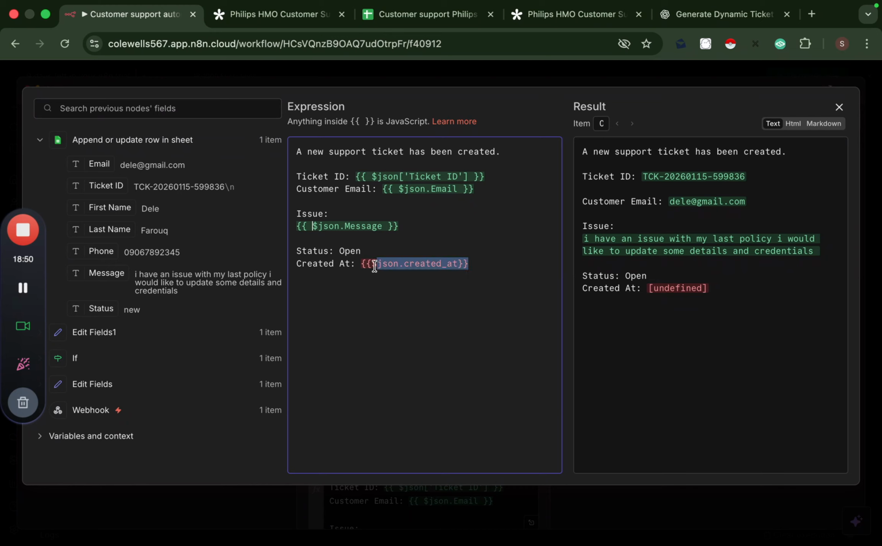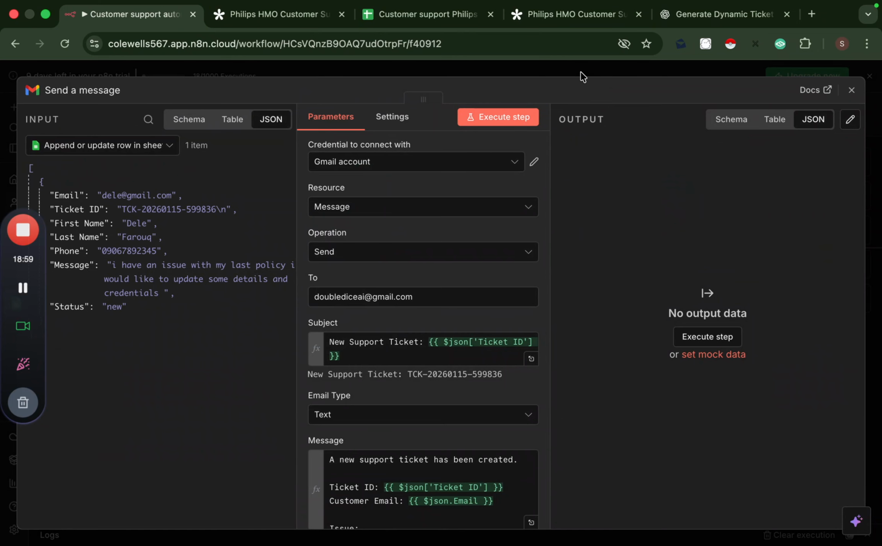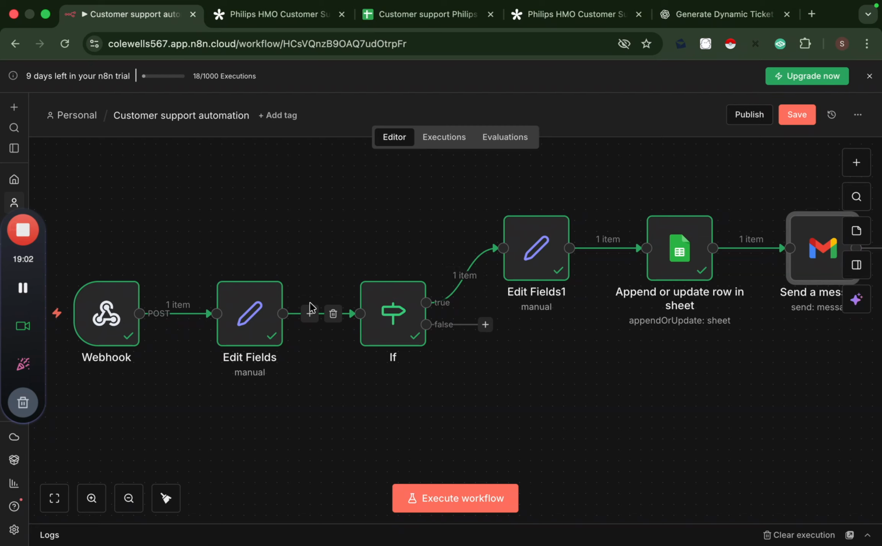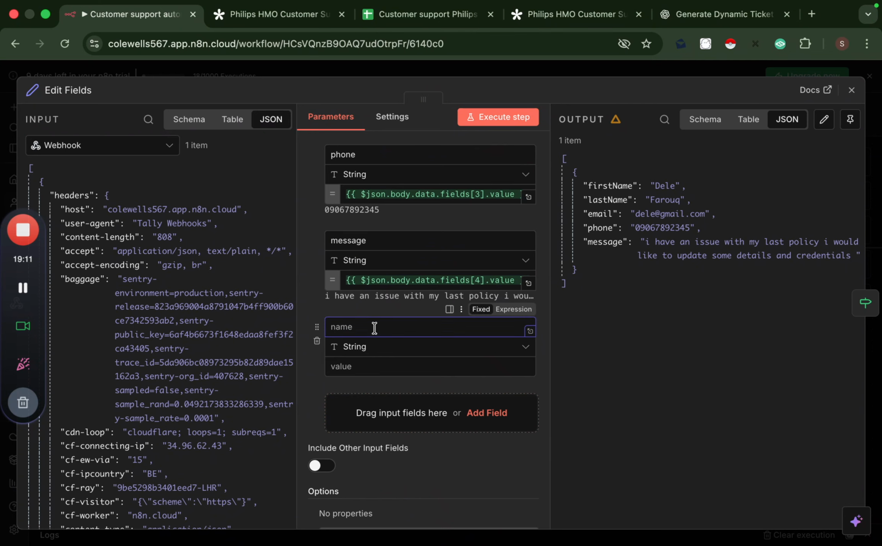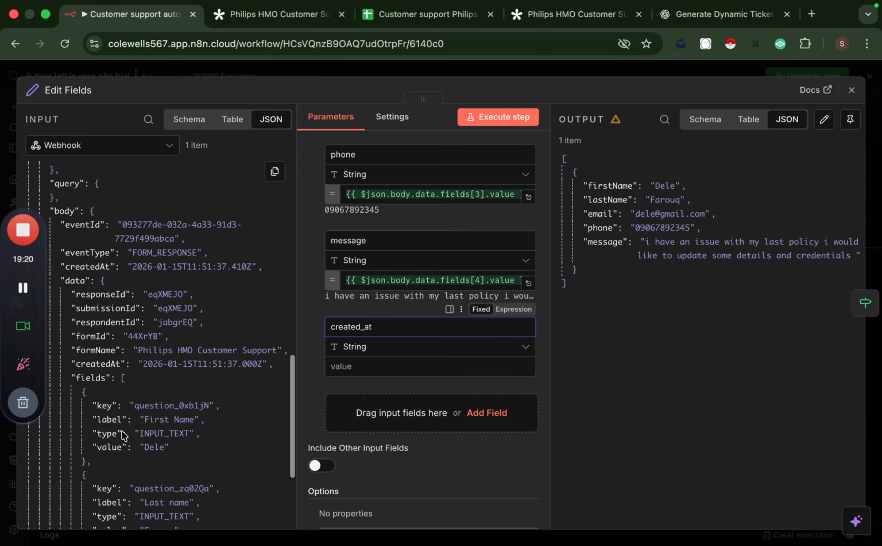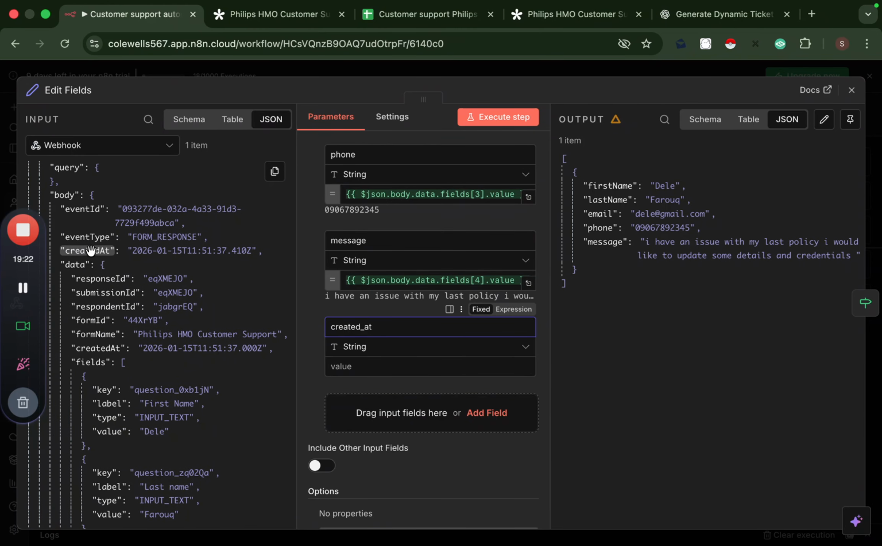and created at. Okay, so now this created at, we would also like to map it in, and that's something we forgot to add. We are supposed to add that in the edit fields step. So let's do that right now. We can easily just add another field and say created at. And then I think in the webhook there is, yes, right here. So you can see it has the time that it was created. And then we run the step again,